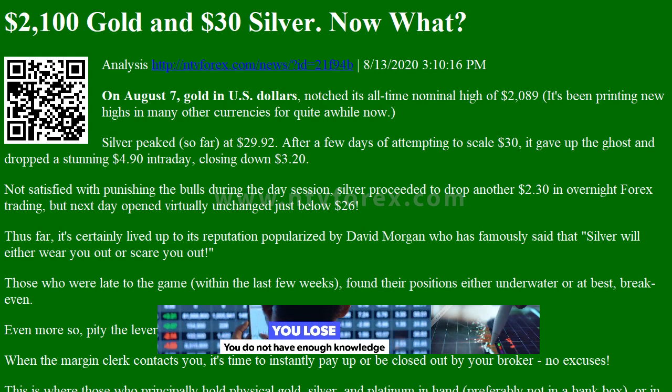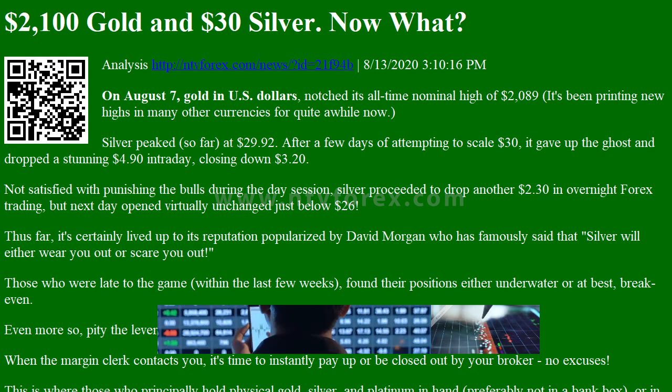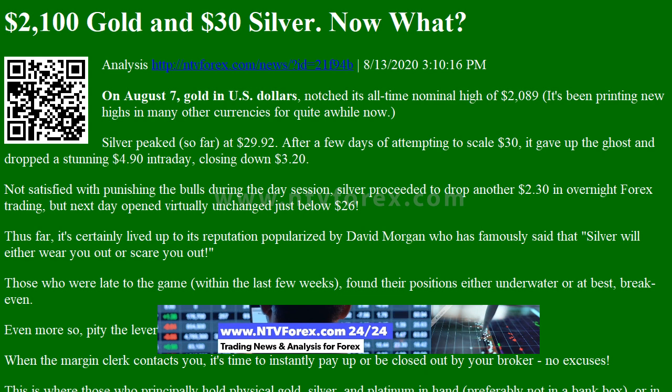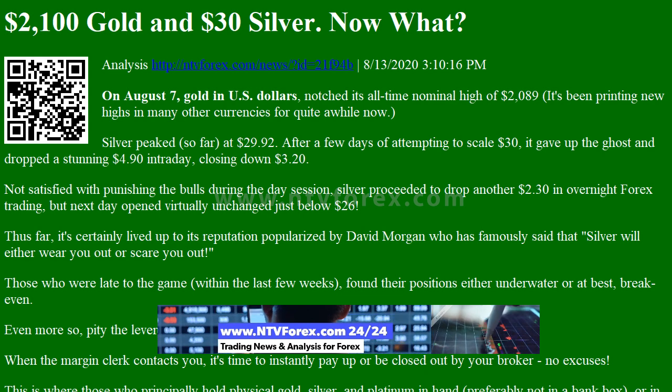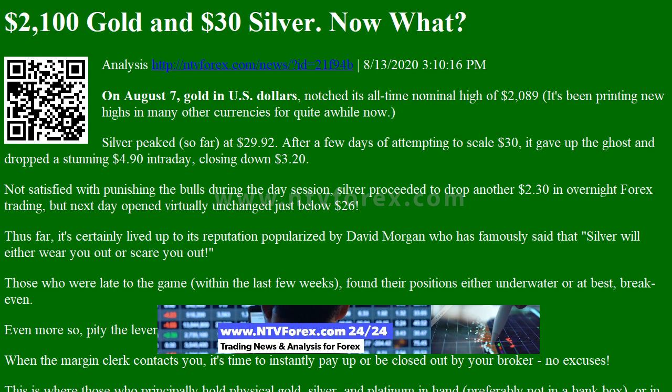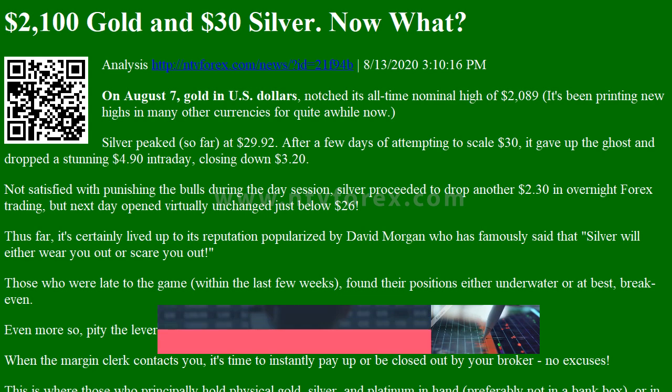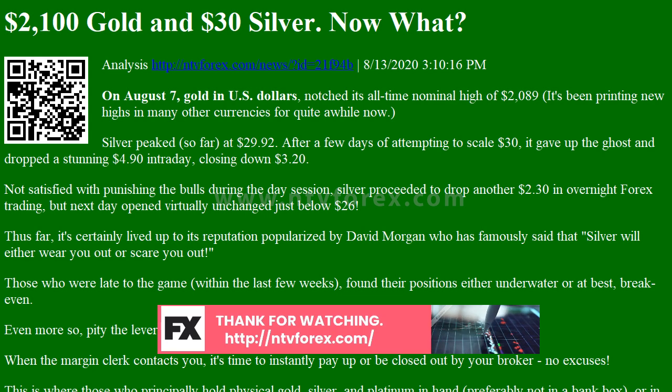$2,100 gold and $30 silver. News ID 21F94B 8/13/2023 10:16 p.m. On August 7, gold in US dollars notched its all-time nominal high of $2,089. It's been printing new highs in many other currencies for quite a while now. Silver peaked so far at $29.92. After a few days of attempting to scale $30, it gave up the ghost and dropped a stunning $4.90